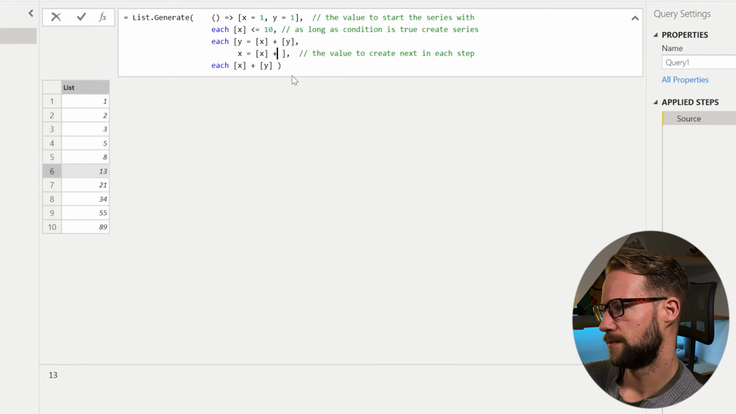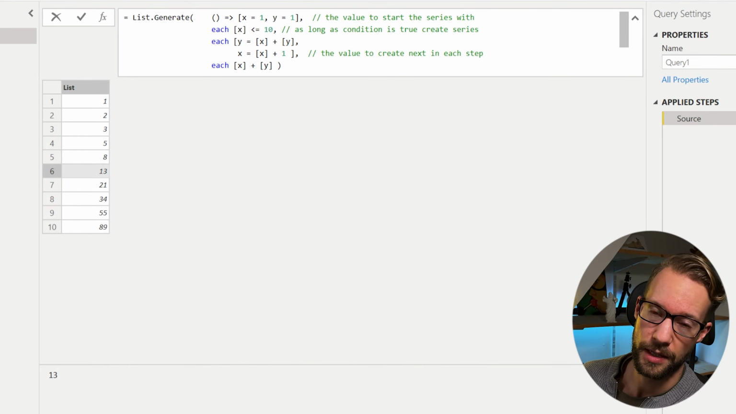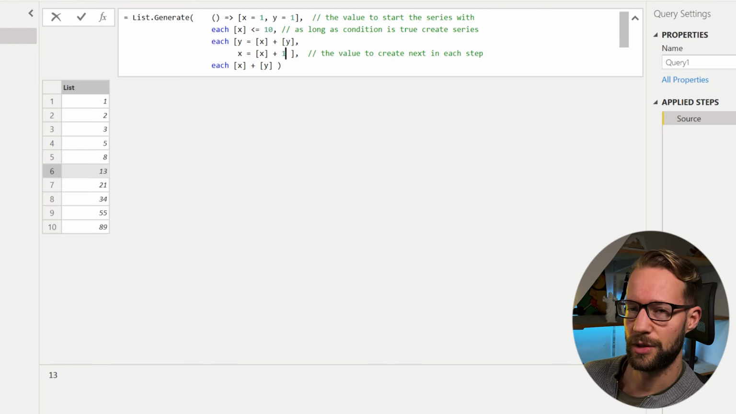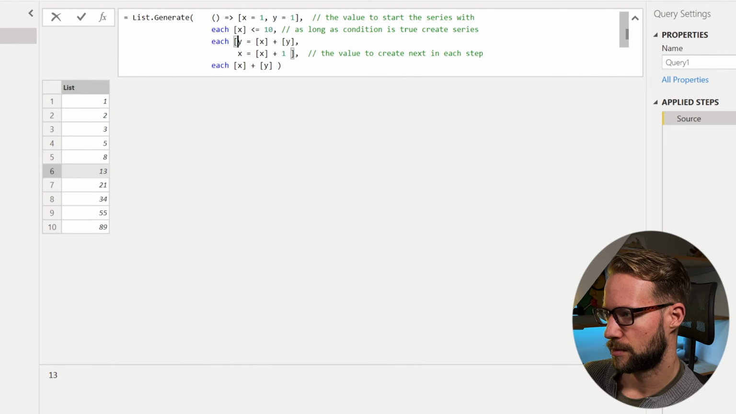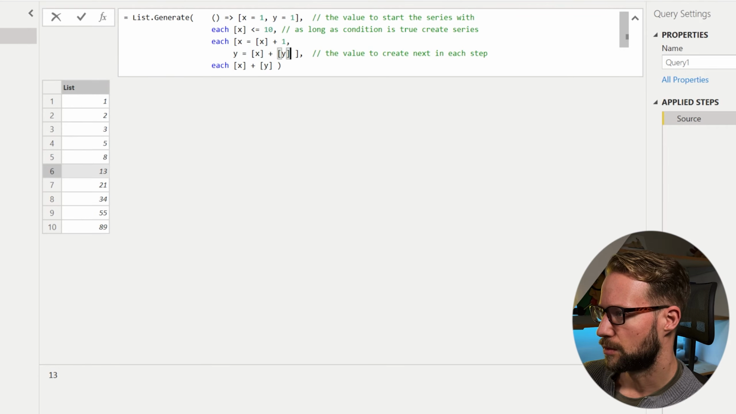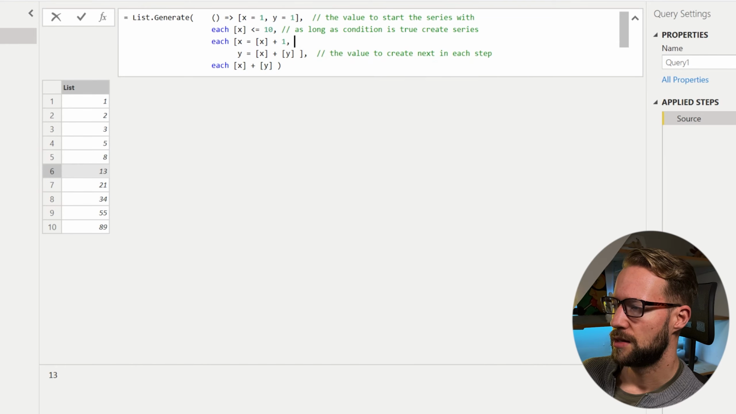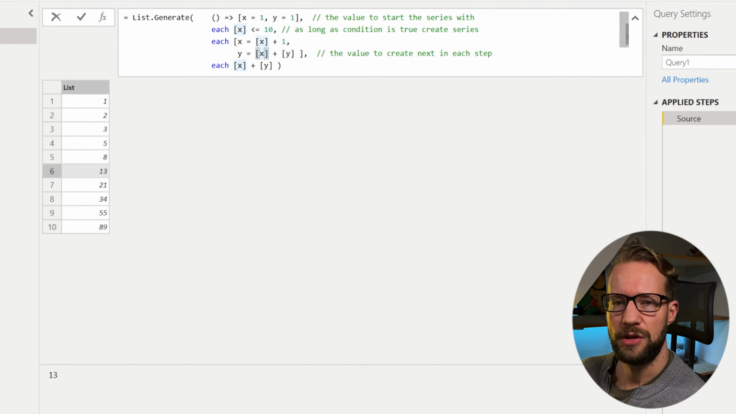So in the first step we start with x is 1, and in each of the steps I want x to increase by 1. So in step 2, that will be 2, step 3, it will be 3, etc. Now, to make this easy, I'm just going to paste this to the bottom, so it's a bit clearer what the order is. There we go. So in each of the steps, x will increase, but for y, I would like to return